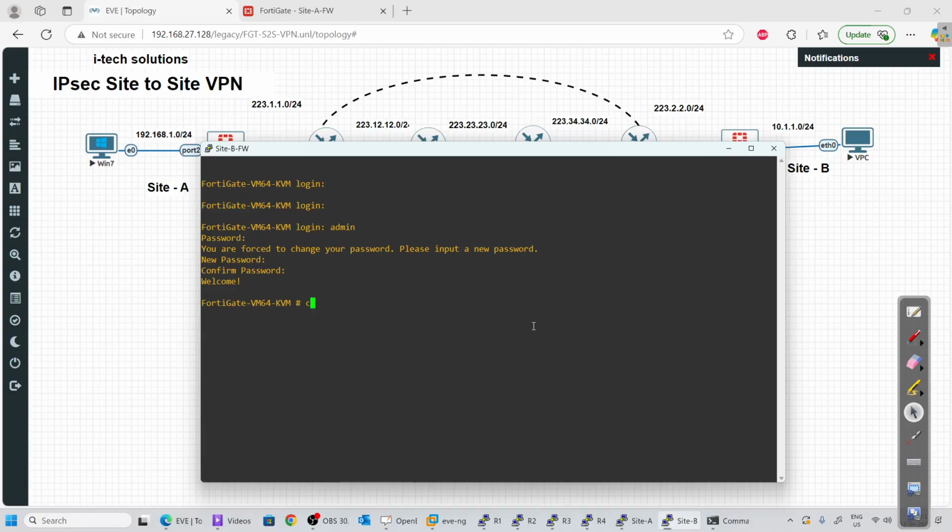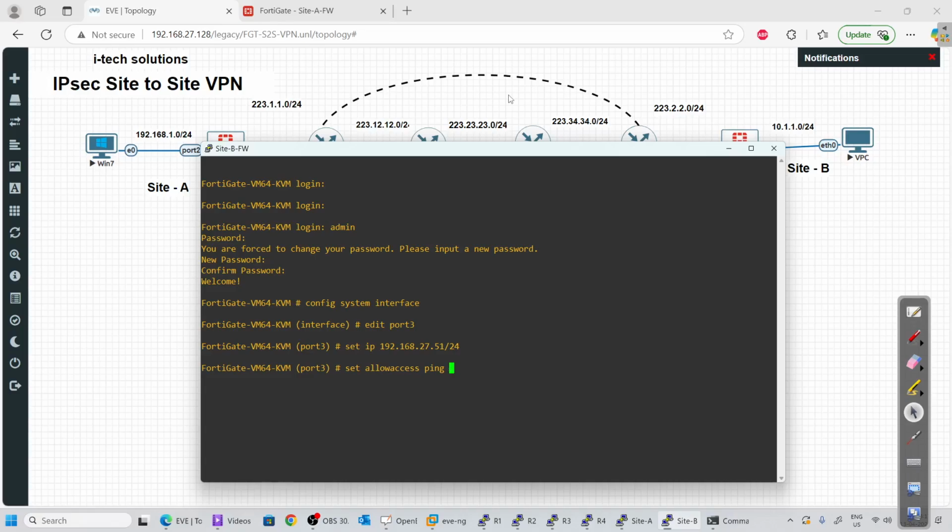Config system interface, edit port 3, set IP, and the IP is 192.168.27.51 by 24. Set allow access ping